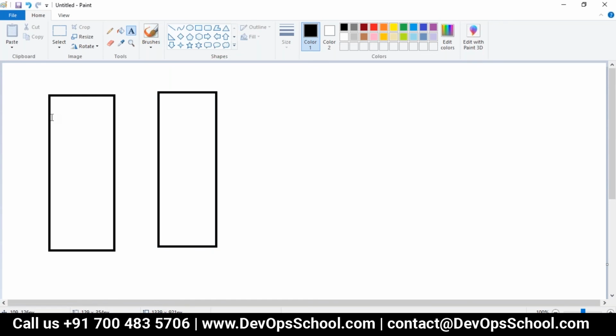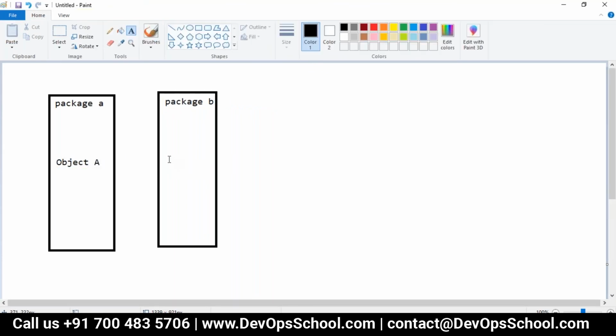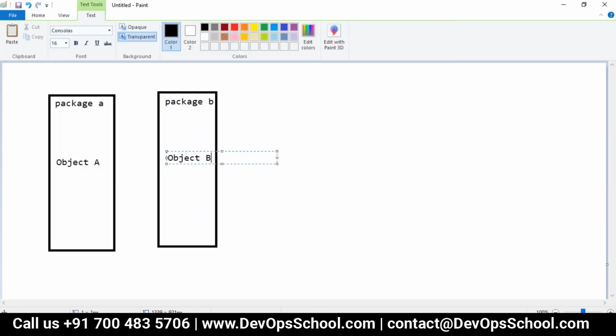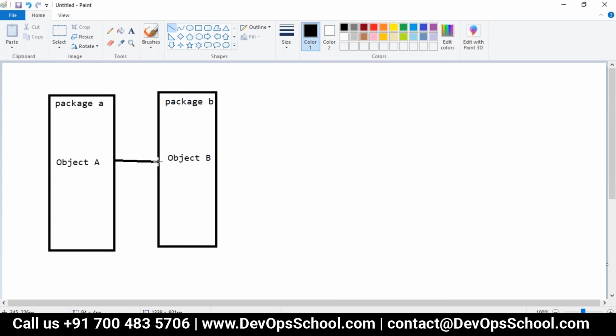I have one package, package A, and package B. We have object A and object B. The object A references and depends on the object B. That's what we are representing here, which is without dependency inversion.